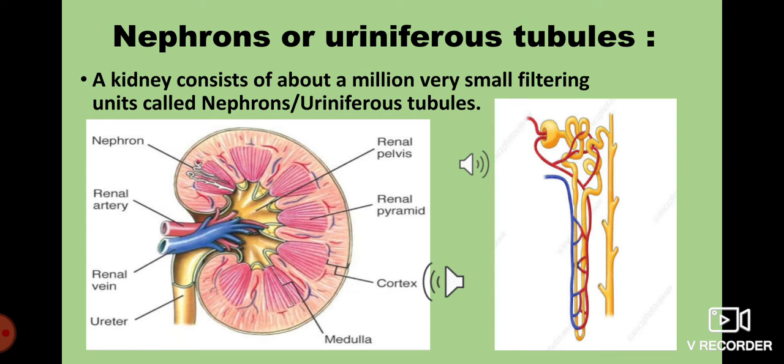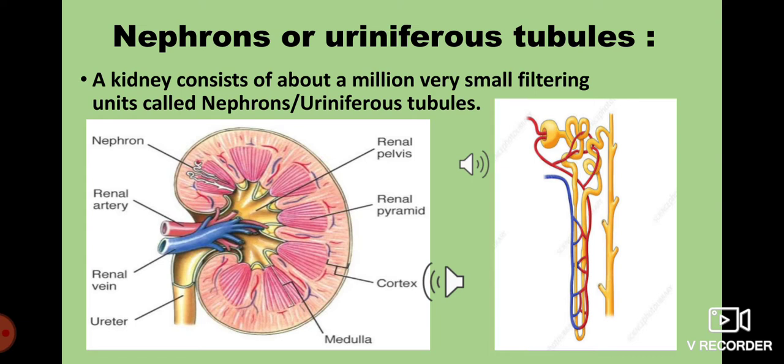You can see there the outermost structure is the cortex, whereas the inner side is the medulla, and in the region half outer and half interior, you can find the nephron. It is labeled there, the nephron. You can see that half of the part is outside, in the cortex region, whereas half of the part is in the medulla region. So these are the nephrons. The big picture is shown beside it, the full picture of a nephron.